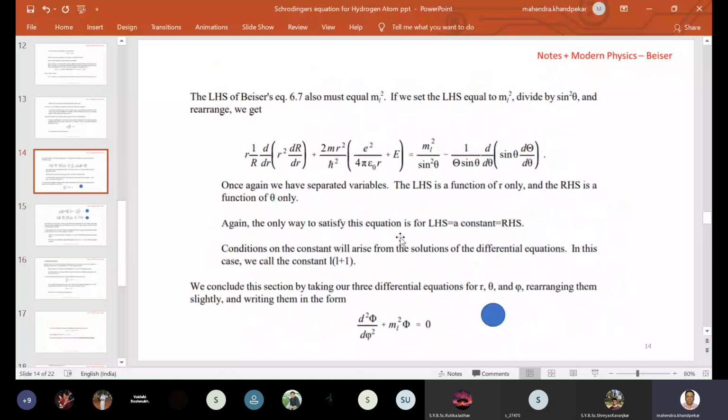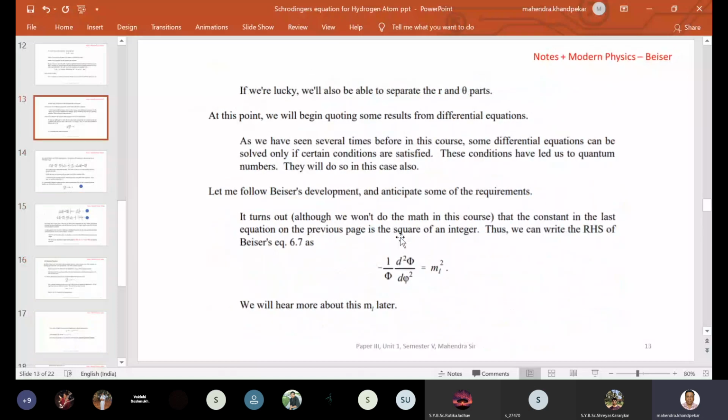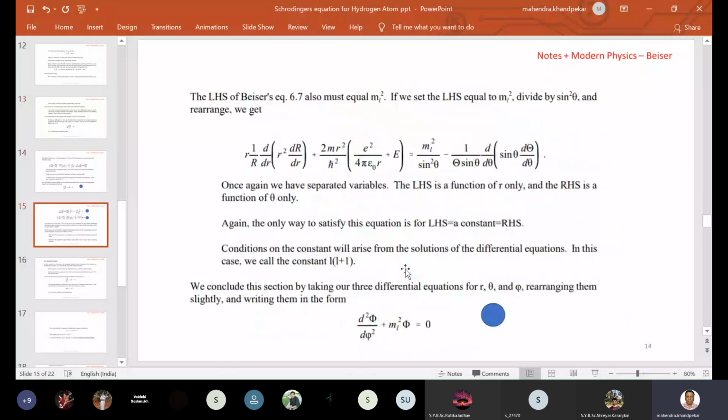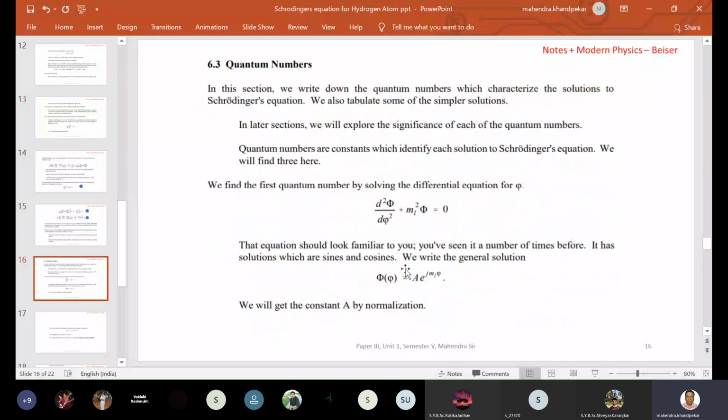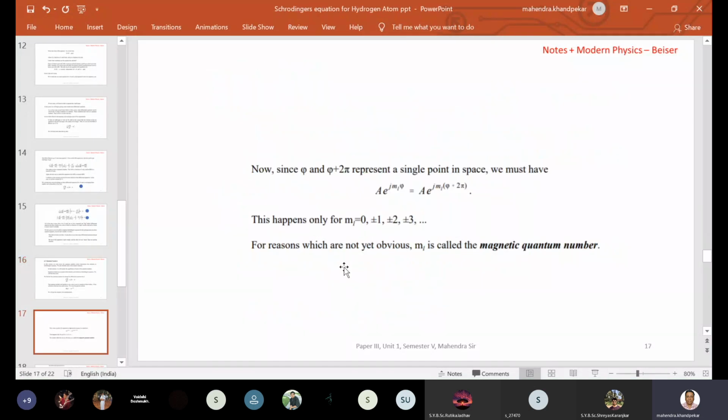So let us take the first equation. It has come from this equation where you have taken ml on the left hand side and solved it. Now if you have to solve this equation, the solution is in this form, where A is the normalization, done using the rules of sines and cosines. Since any event at phi will repeat itself after phi plus 2 pi,